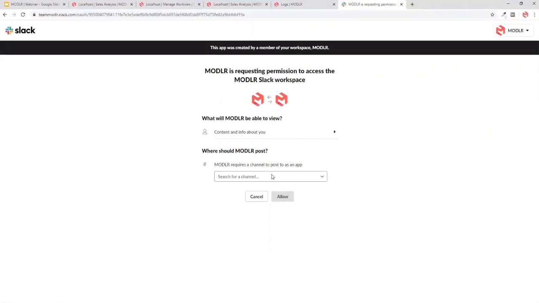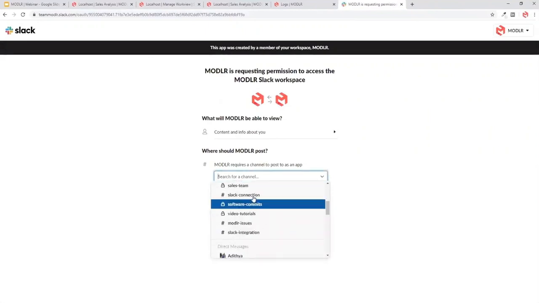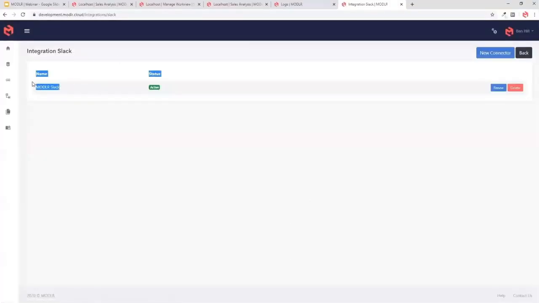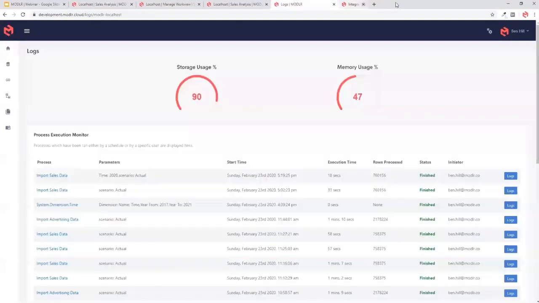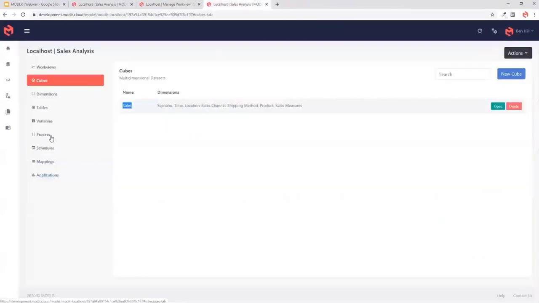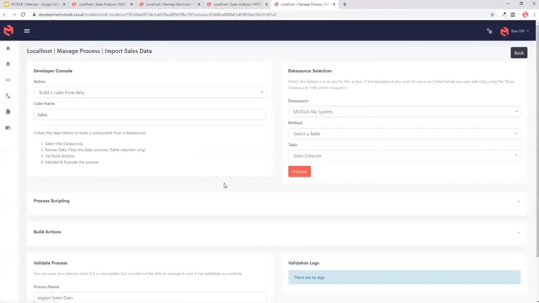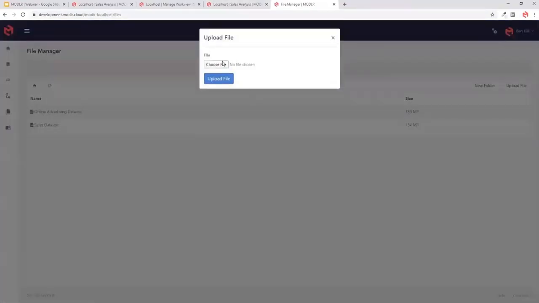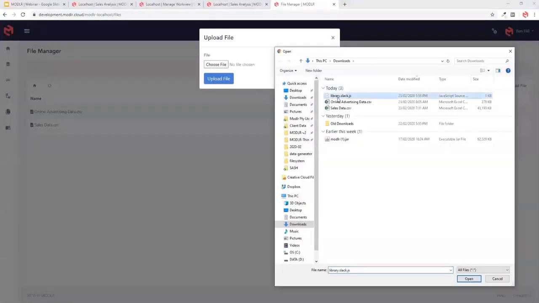And this is how most of our connectors work. It'll actually take you through to Spotify or through to Google Analytics, to wherever you're going, so that you can then configure that integration. So I've got a Slack connection channel here, which I can then allow access to. That's created an active integration between MODLR and Slack. And then coming back now, I can go back to my process, which I had here somewhere. And we have a library that we use to upload posts to Slack. So here's my library here,